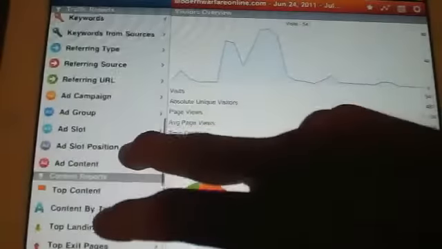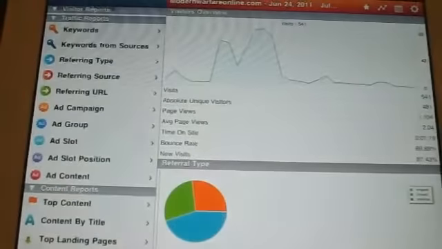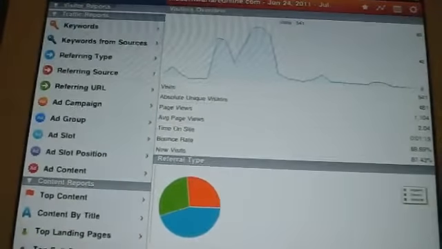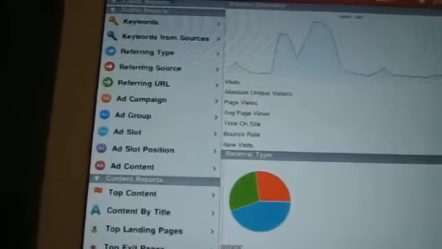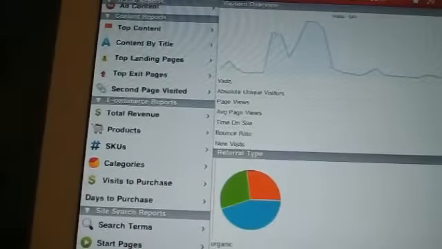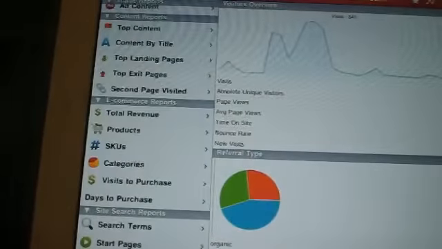Now onto traffic reports: keywords, keyword from sources, referring type, referring source, referring URL, ad campaign, ad slot position, ad content, and that's all for traffic reports. Content reports: top content, content by title, top landing pages, top exit pages,